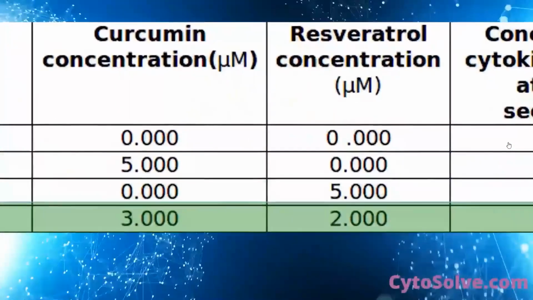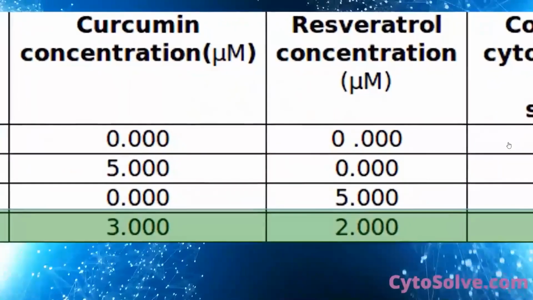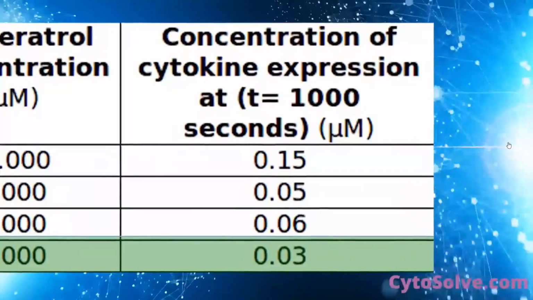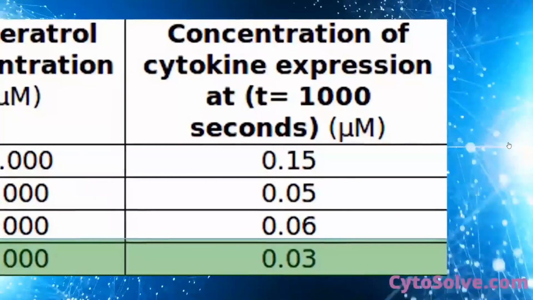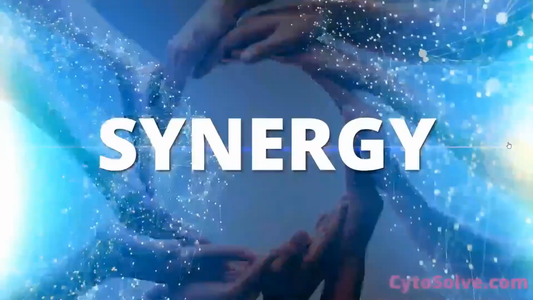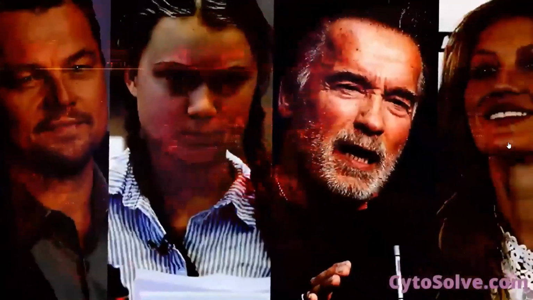But when we combine curcumin and resveratrol, 3 micromolars of curcumin and 2 micromolars of resveratrol, inflammation drops from 0.15 to 0.03, far lower, nearly 200% less than just one compound alone. That's the synergy principle of system science. We've all had enough of their fake and reductionist science. They think we'll simply keep buying their marketing, their celebrities, and their products that can never truly heal us. We don't need them. Great things come when we integrate the best of things.